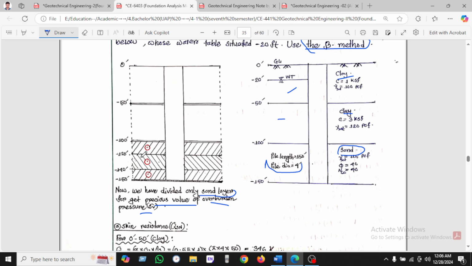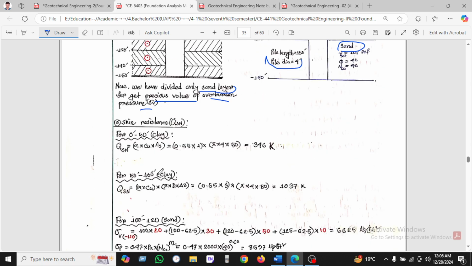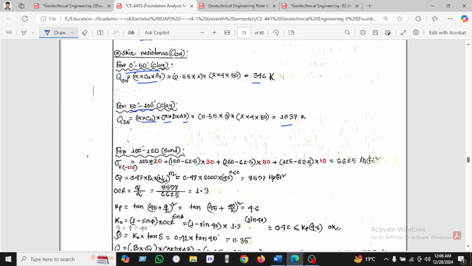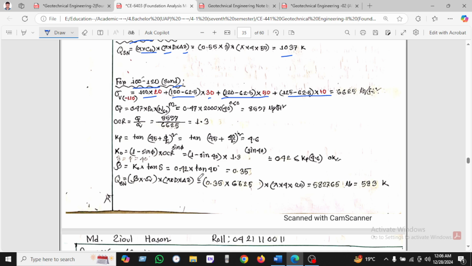So we're dividing 1 to 3 in only the sand layer. So for 0 to 5 we know the alpha cu As, and putting the value, and 50 to 100 which is clay, alpha cu As is perimeter into height, and found 1037. For 30 to 20, this is the sand layer, which is vertical 10 into 20 into 100 minus 62.5 into 30 and 100 into 50 and 20. Putting all this